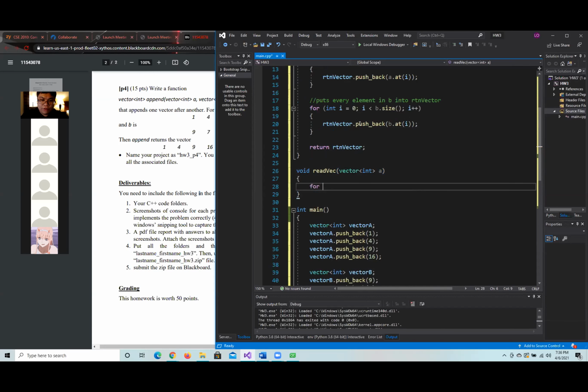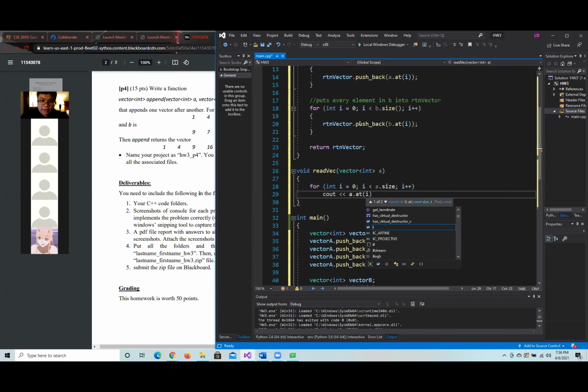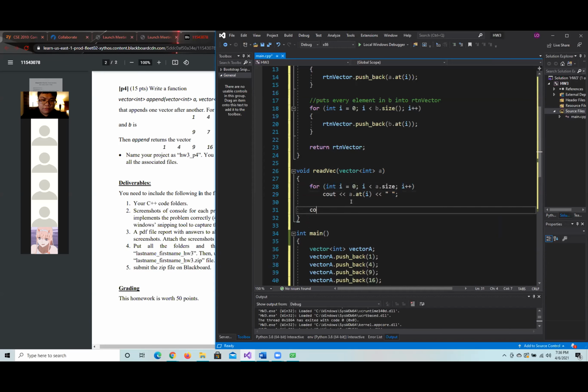So I'm going to say for int i equals 0, i is less than A dot size, i plus plus, cout A dot at i, space, and then after that we'll